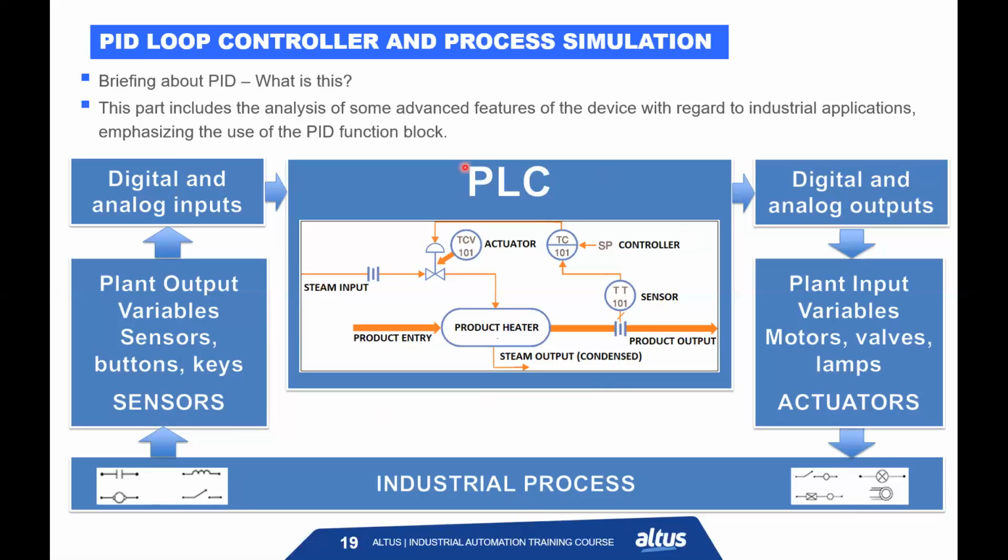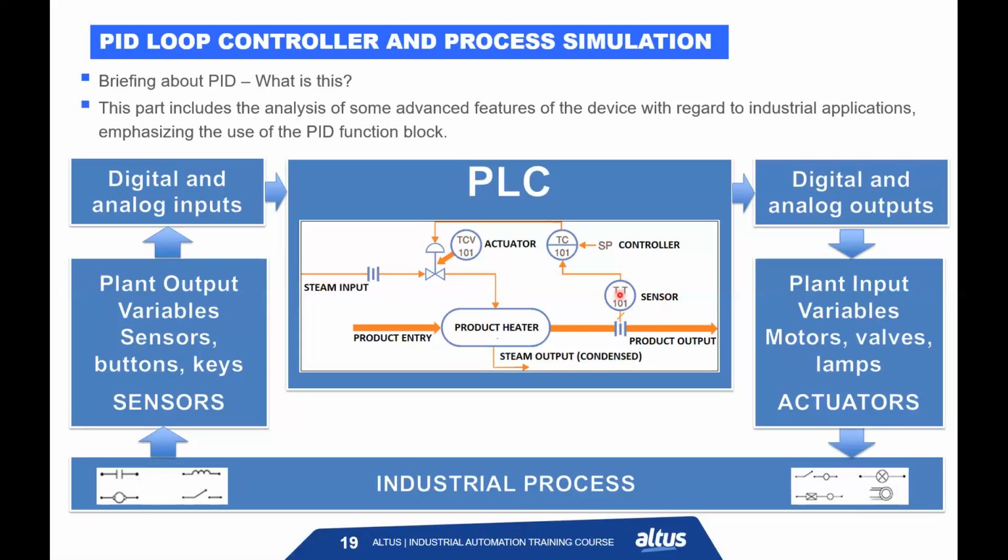And we do the calculation inside this functional block and update the analog outputs and digital outputs too. So we have here the plant input variables that are motors, valves, lamps, so mainly the actuators. So seeing this diagram here, we have the sensor,